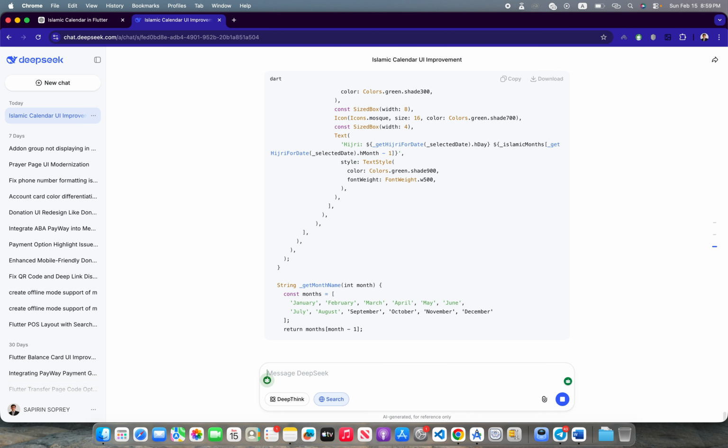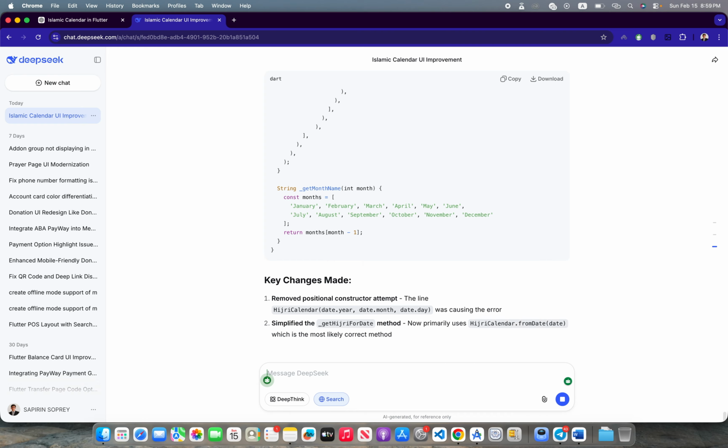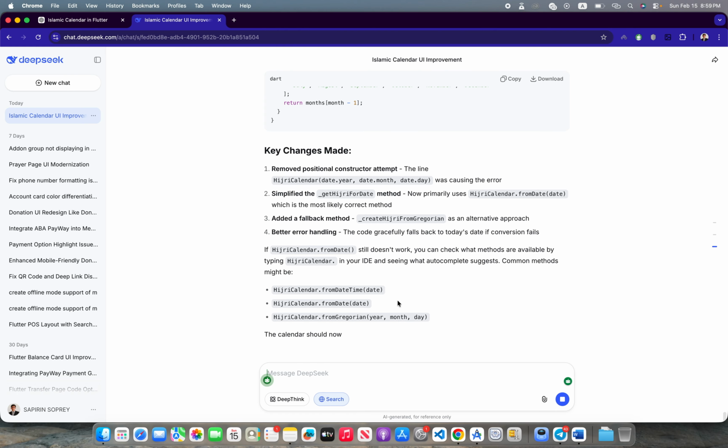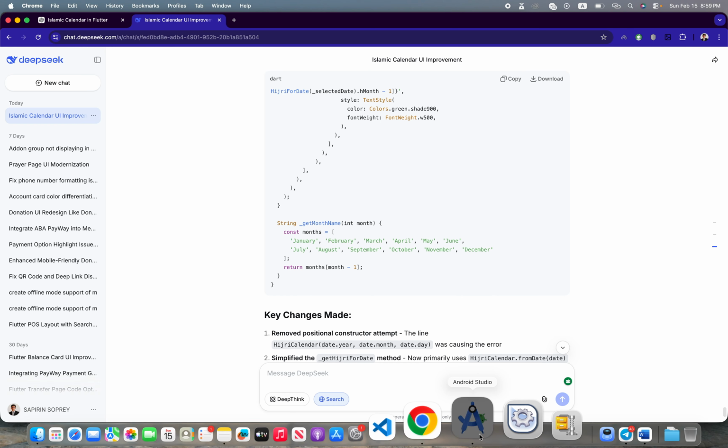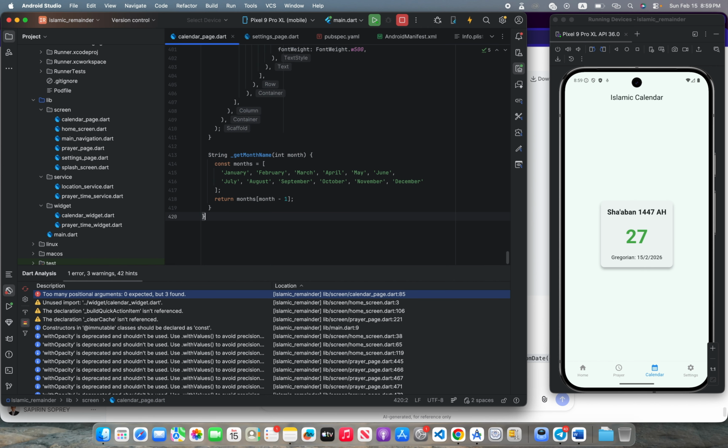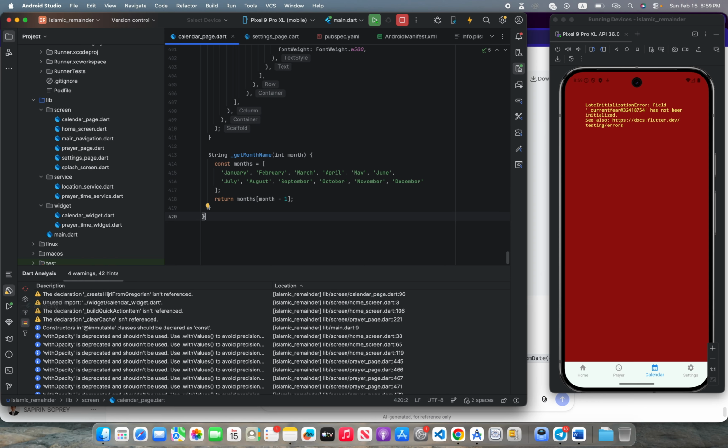So the next one is we also need to create the settings. You can see there is also the settings on the top, but it's not working. Let's try to fix this one. We have done the prayer time, we have done the calendar, so this is the last one of this project. So let's try to